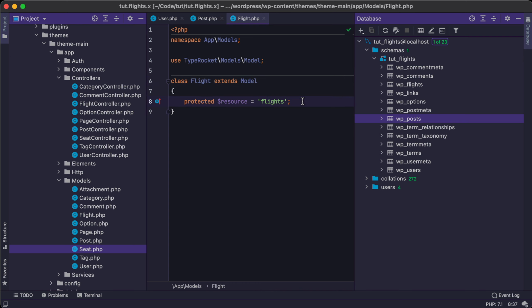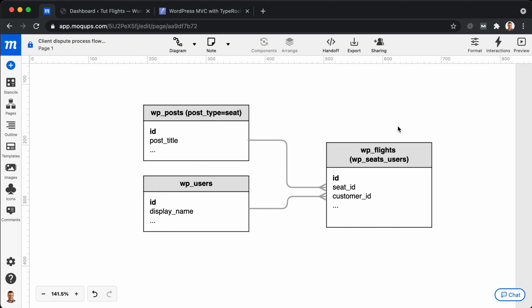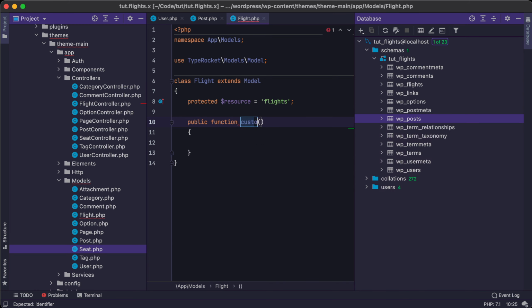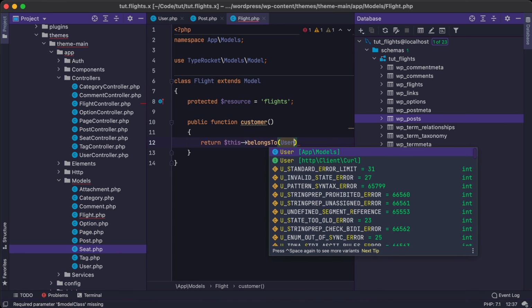So the first thing that we wanted to do was connect our database tables together, right? So the next step is to connect these two database tables to flights and essentially declare it as a belongs to relationship. So let's build that connection in our database here. We're going to say public function customer, and we could call this users, we could call it anything that we want, but essentially we want to return a belongs to relationship to the user model,